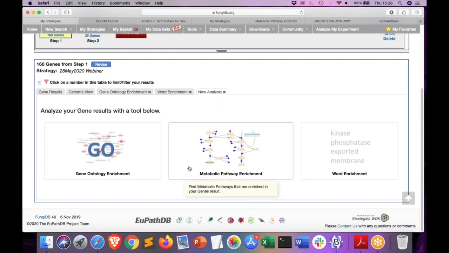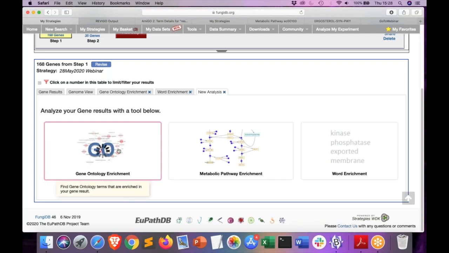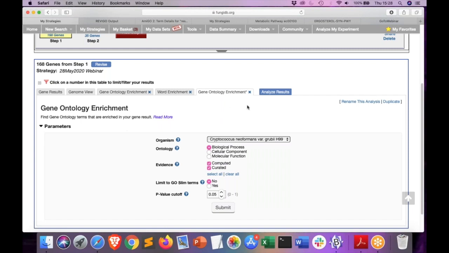There's 3 options, and so essentially all of the 3 types of analysis apply: Fisher's exact test to evaluate ontology terms, or overrepresented pathways if you're working with the metabolic pathway enrichment tool, or product description terms that occur in your results. And essentially, when you navigate to the gene ontology enrichment, the screen provides additional parameters that you can use to set up your search. So as Amar mentioned before, GO term